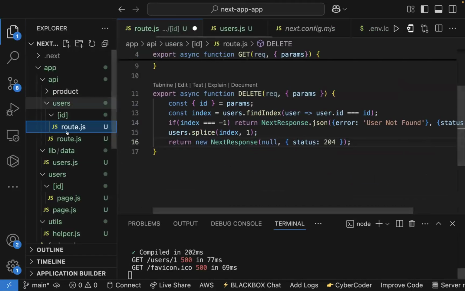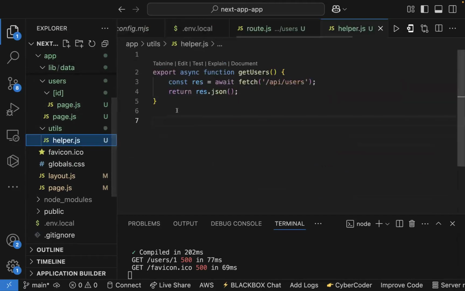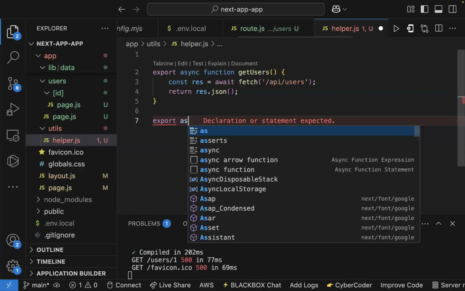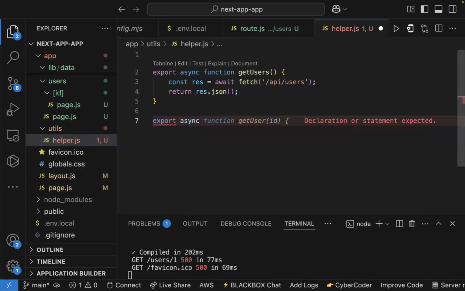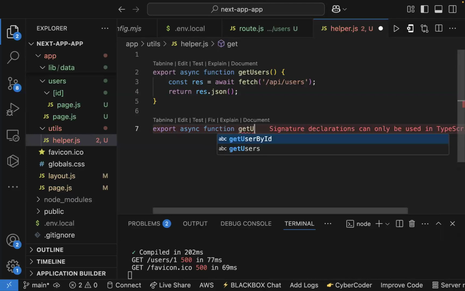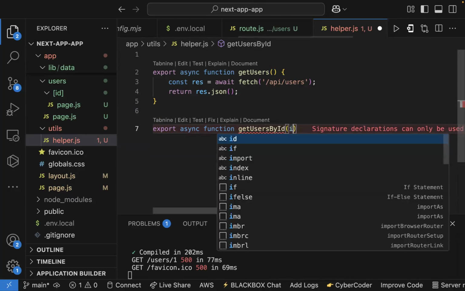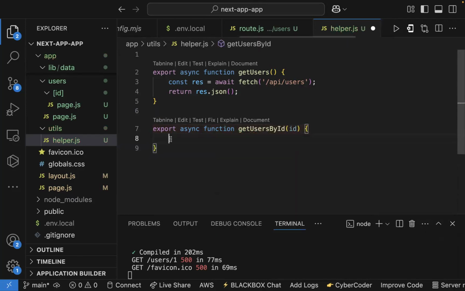So first things first, remember we are going to create our handlers inside our helper functions, inside our helper file. So for that, we want to have an export async function that handles fetching users by ID. So say getUsersById, and that should take the ID. Then we can now have our